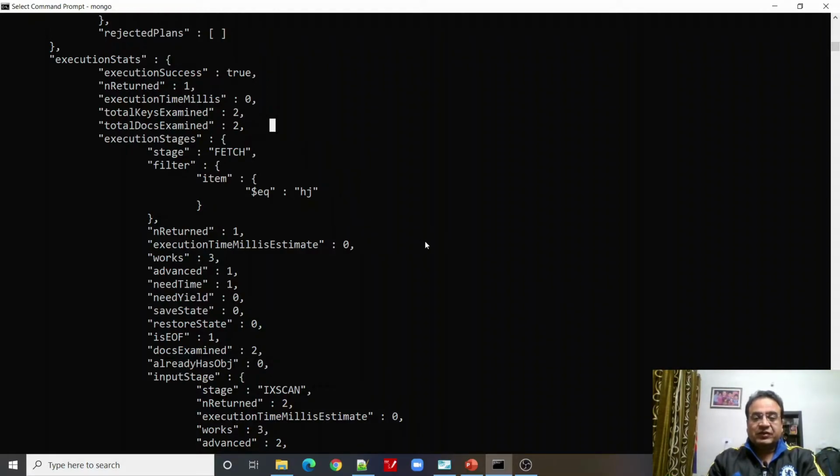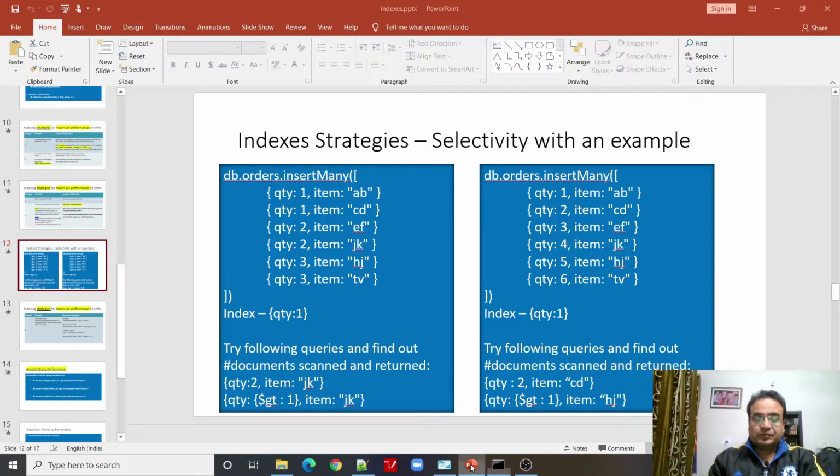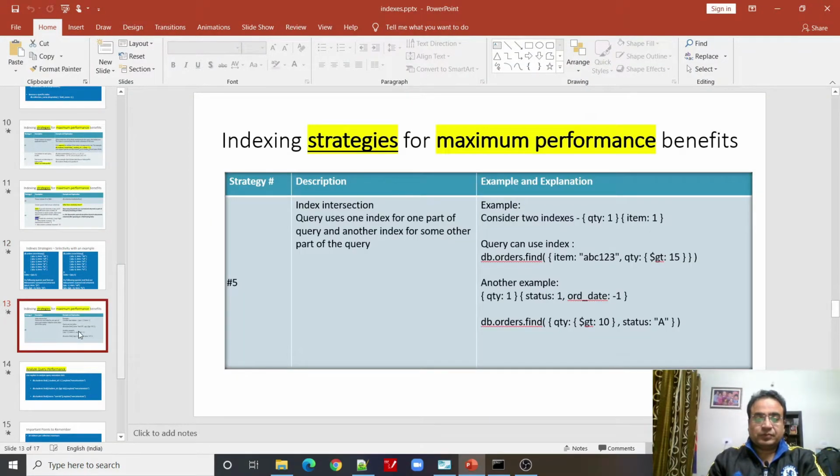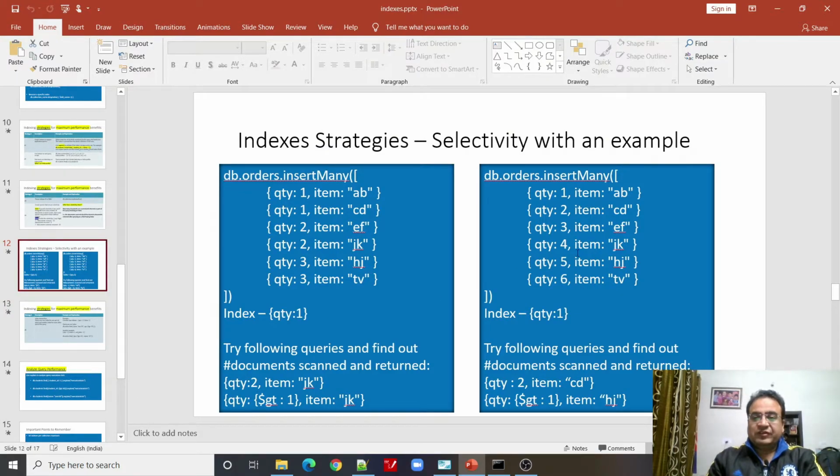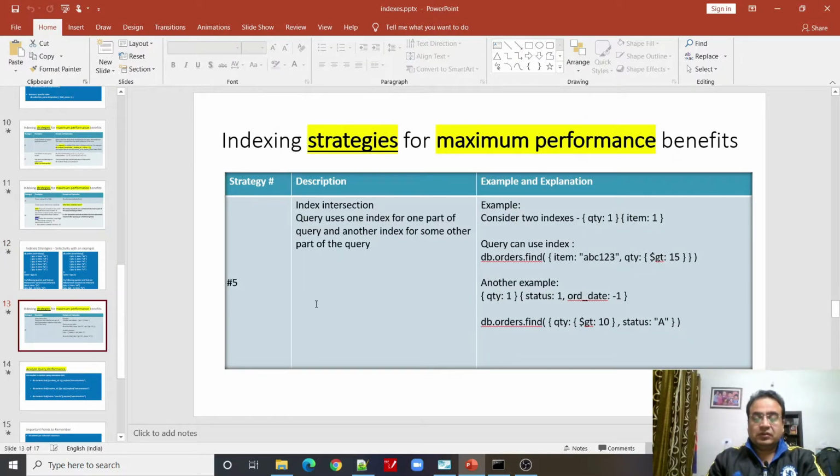Let us proceed further. Let me show you the index intersection part now. We will use the same collection, and this time we are going to create an index on item also, and see how we can make use of index intersection.